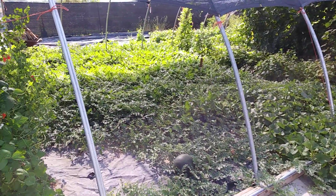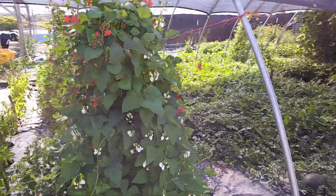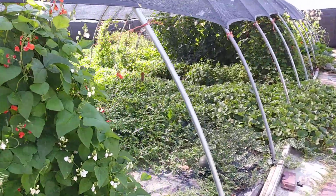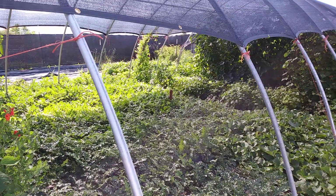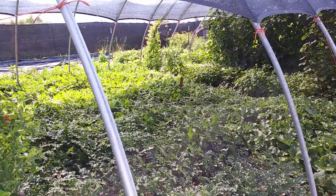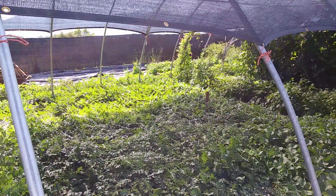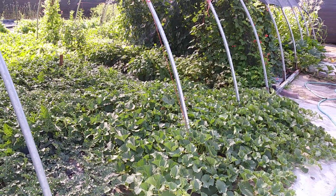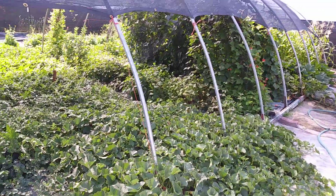We've got watermelons, and then there's a lot of beans in here. They're just beautiful, all these bean plants and the flowers, and we trellis them up with these little pieces of mesh in here, kind of bird netting, but it's a little bit heavier. We've got all the watermelon in here. We've got some quite large ones on the other side. We're just waiting for them to ripen. It is, I don't know, the 27th of July, 28th, something like that. But anyway,